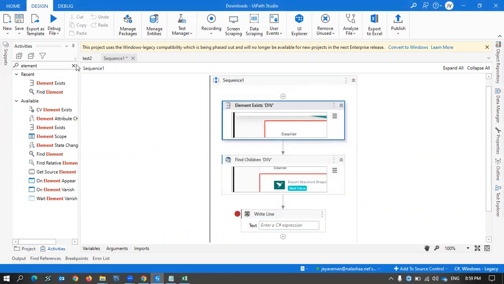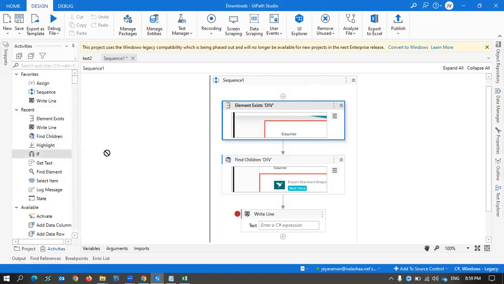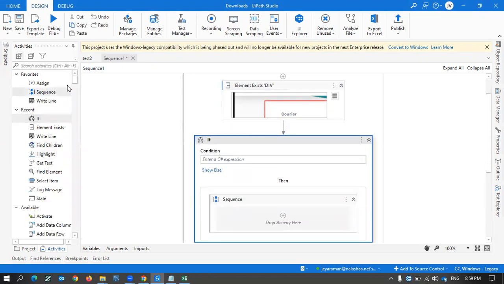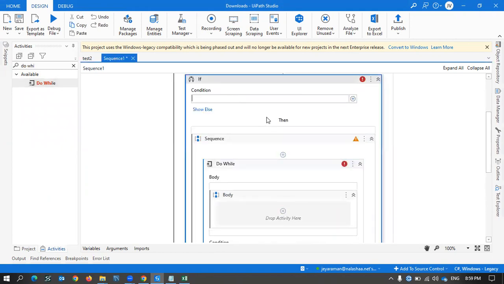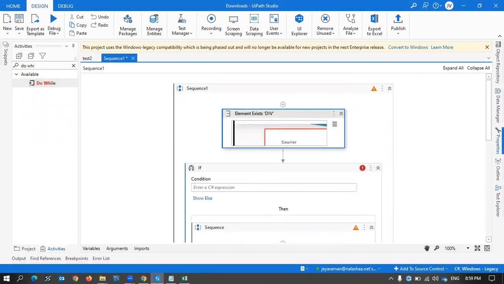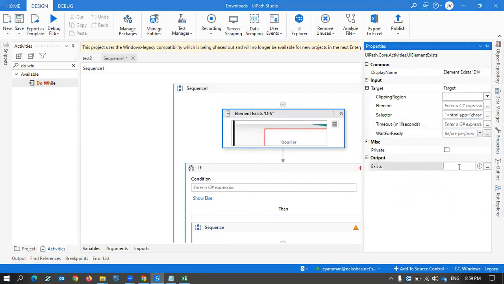Then we are using an if condition. If that element is present, then do a do while loop. Understood my point, right? So this do while loop will work till this element's output is there. We'll create one output something like data exist